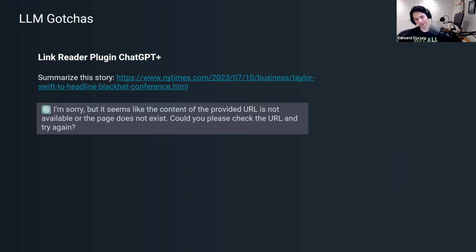Here we're getting the right answer. It's telling us this URL doesn't exist, but you've got to be careful, right? In this case, it's actually tricking us into what its capabilities actually are. And it's very convincing. It's very convincing that it went out and downloaded this document off the internet.